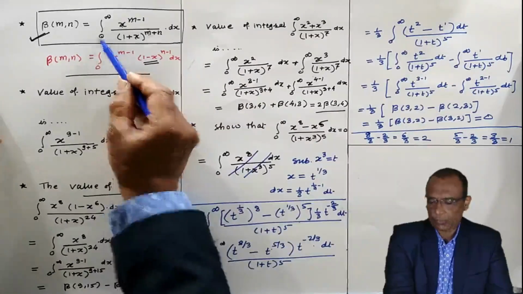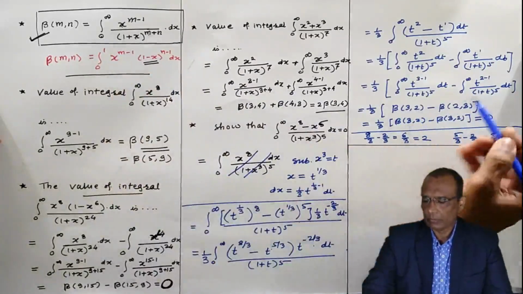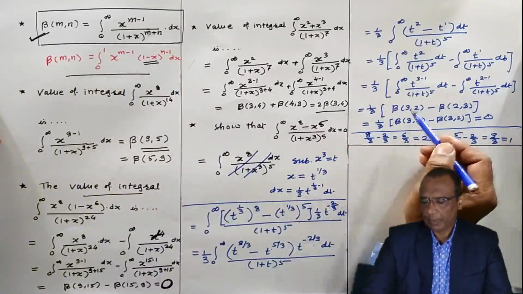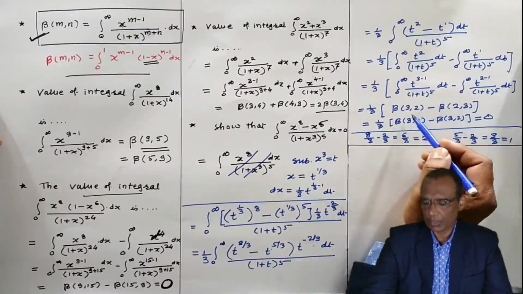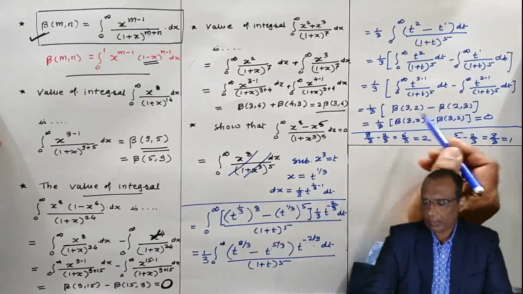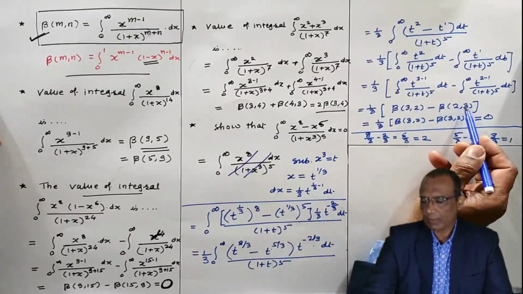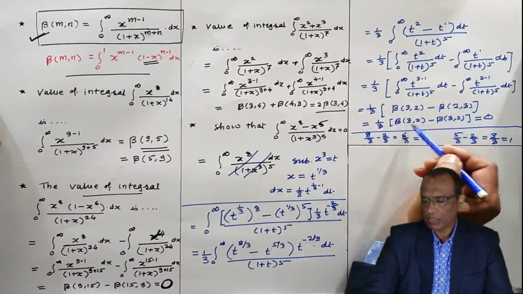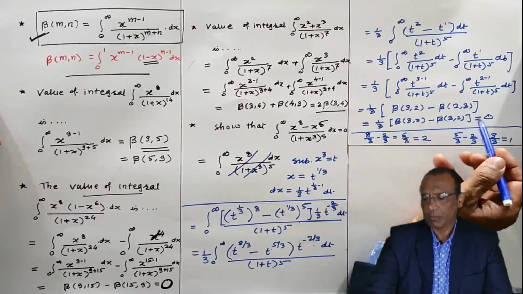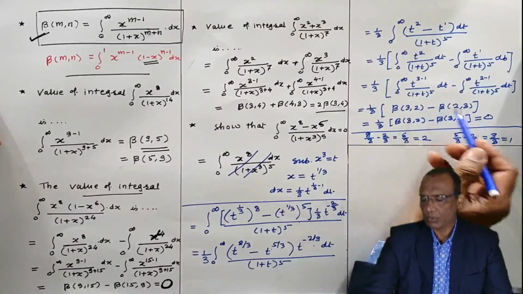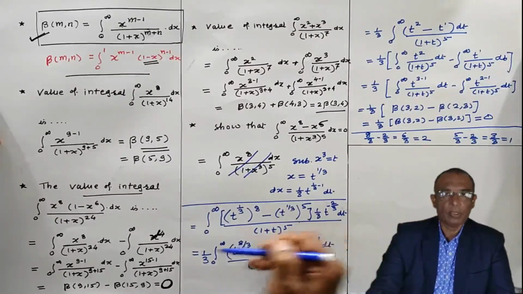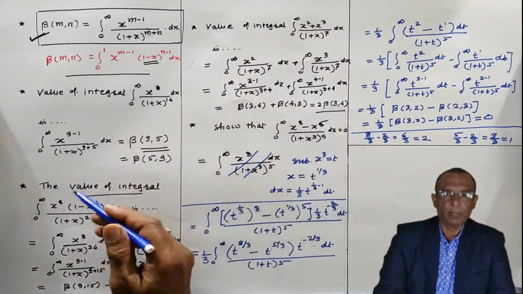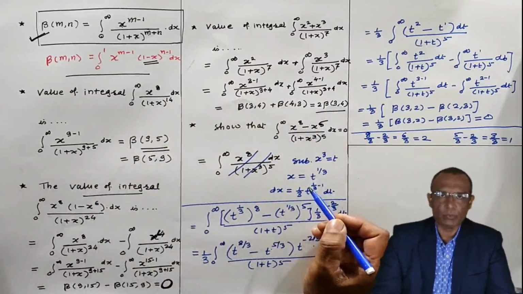Means using this formula, beta 3 2, this is beta 2 3, but beta 2 3 and beta 3 2 are the same because the beta function is commutative. This beta 2 3 can be written as beta 3 2. These two are the same, and this minus this will be 0. Or from here also you can directly write 0. In this way, we solve this problem. A problem of this type may be asked in an examination as an MCQ. So we stop here for the beta function. Thank you very much.